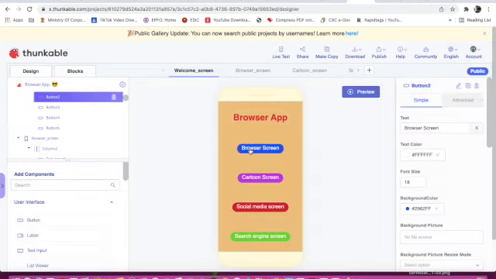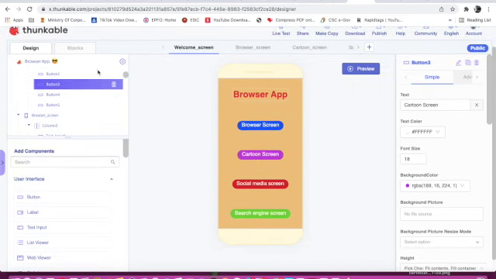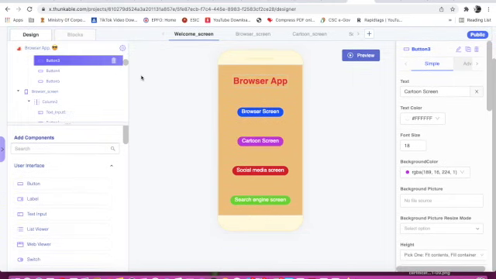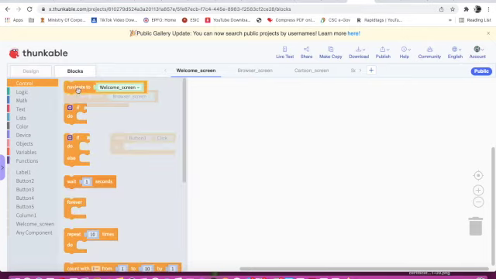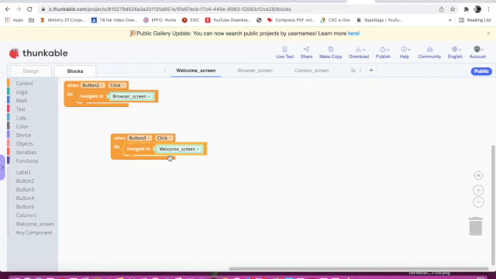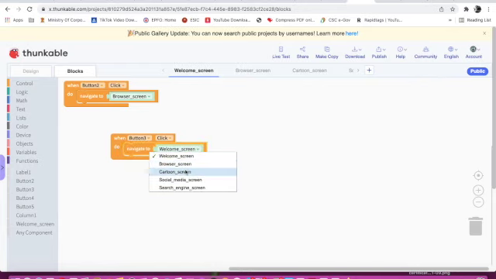Now this is button 3, then 4, 5. This is button 3. So we will take button 3. When button 3 click, I will go on control, I will take this first block, navigate to cartoon screen.